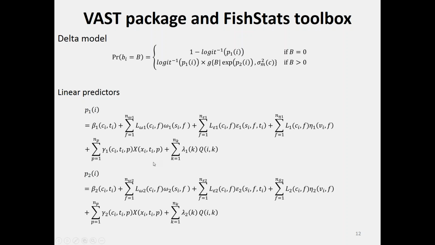X sub T P is spatial variation in habitat. Measured variation that we've measured at every location X and year T for P variables. So it could be like bottom temperature or ocean acidity or distance from rocks, something that we think affects density of fish. And then Q is the notation